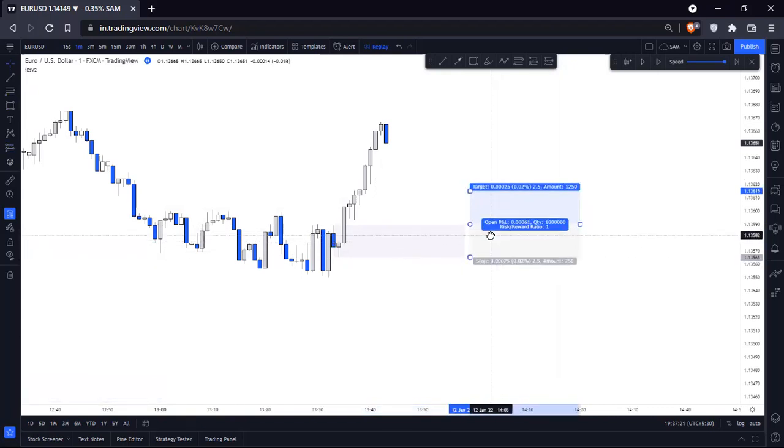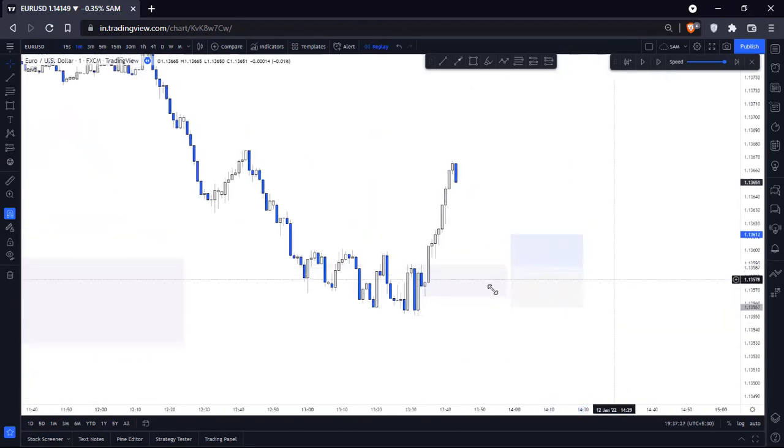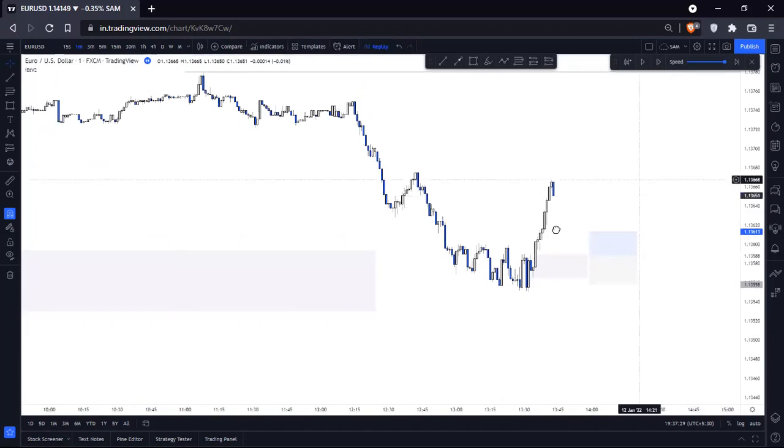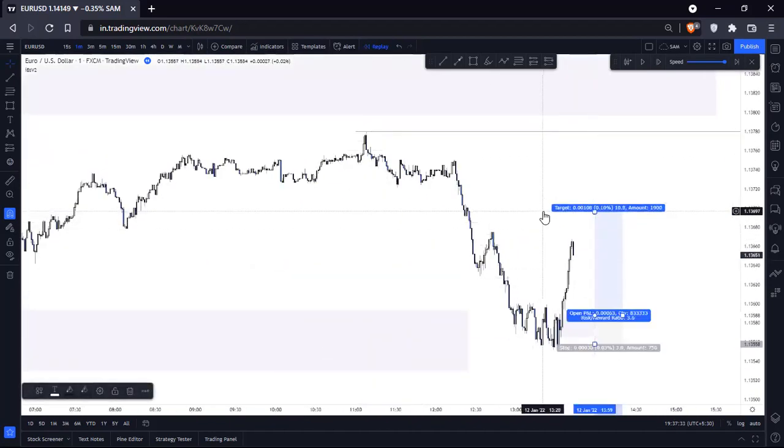and stops, as you know, I don't really keep it right below. I just give a little bit of room. In this case, I'm gonna give it 3 pips. And about the target now, I don't want to be too crazy with the target because I'm really hoping